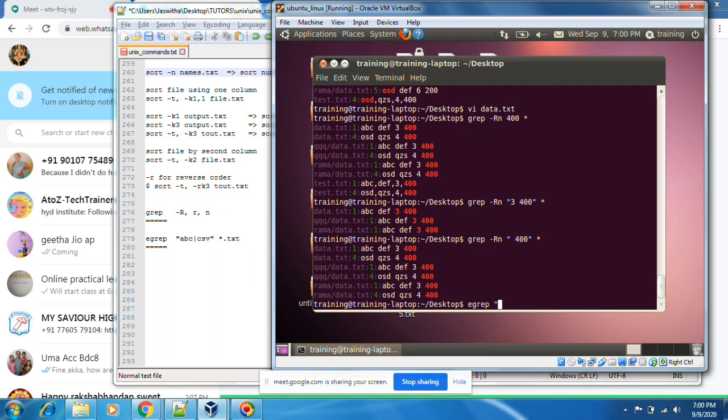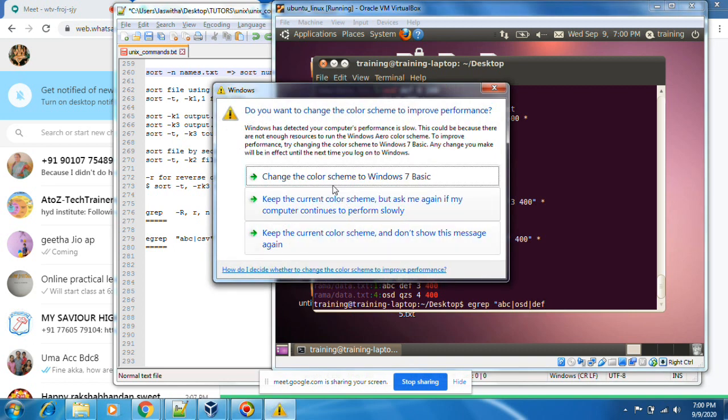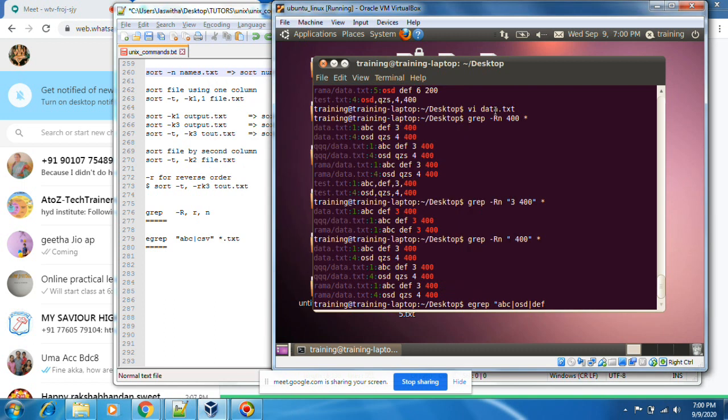Suppose ABC, then OSD, and then DEF. If I want to search multiple words: if a line contains ABC, display; if a line contains OSD, display; if a line contains DEF, display, like that.